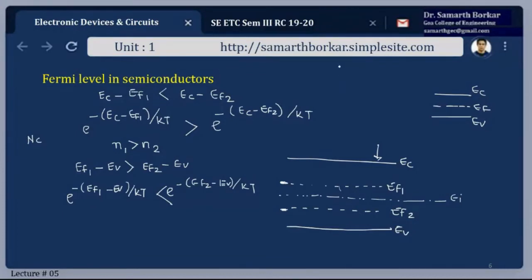For example, we have the conduction band and the valence band. For an intrinsic semiconductor, there do not exist any energy levels in between. That is the simplest diagram. But when we dope it to make an extrinsic semiconductor, N-type or P-type, if it is N-type, phosphorus is added. Phosphorus has a fifth extra electron, and there are plenty of such phosphorus atoms added, so they will have their own energy level here.